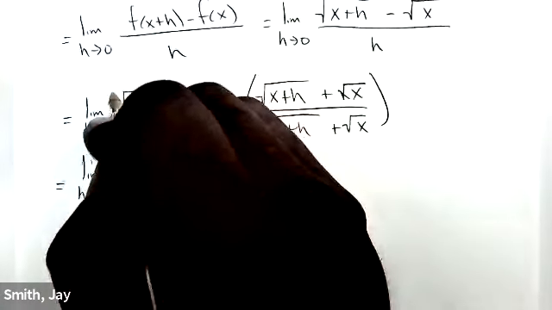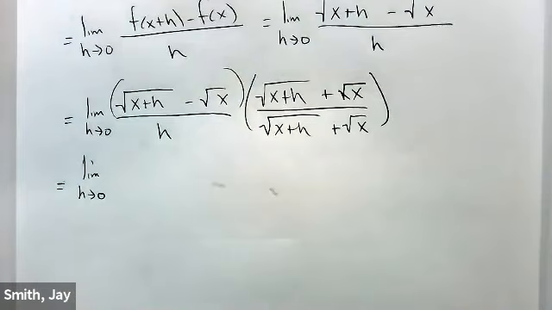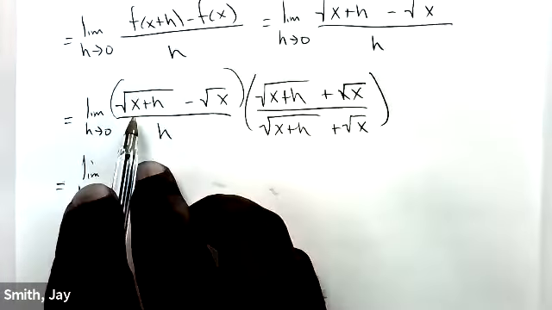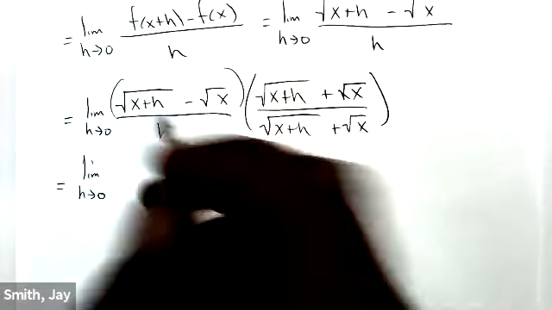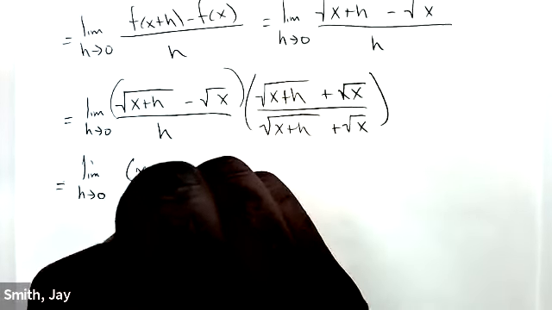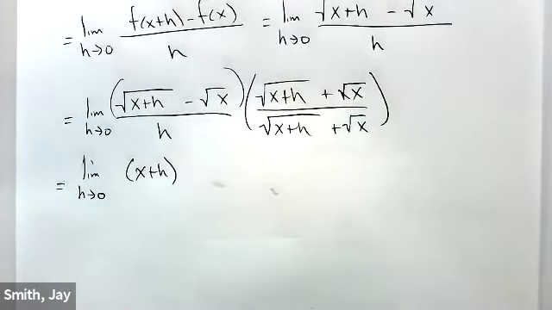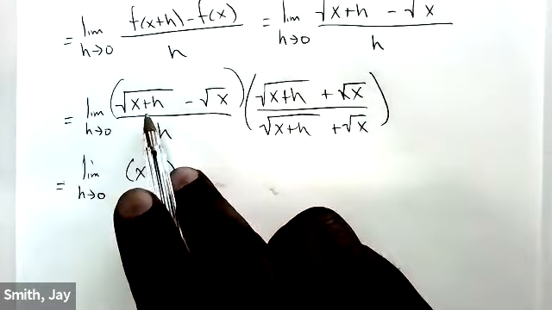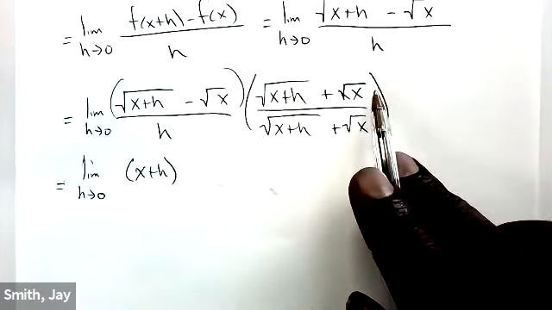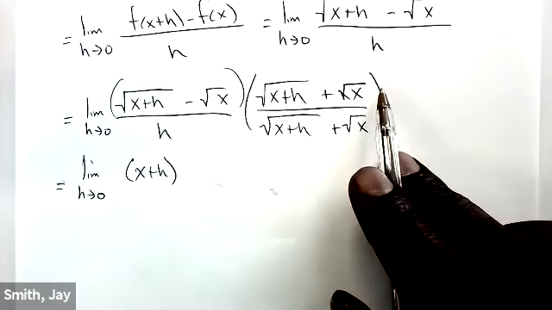So up top, we're going to have to FOIL this out. The square root of x plus h minus the square root of x times the square root of x plus h plus the square root of x. We have the square root of x plus h times the square root of x plus h. This is going to give me x plus h. We have the square root of x plus h times the square root of x, a positive square root of x. That's going to give me the square root of x times the square root of x plus h,